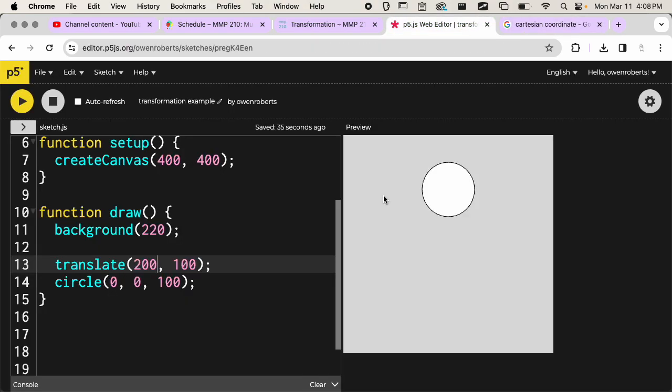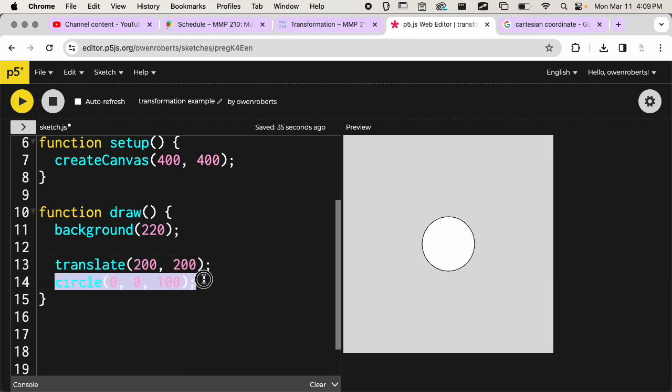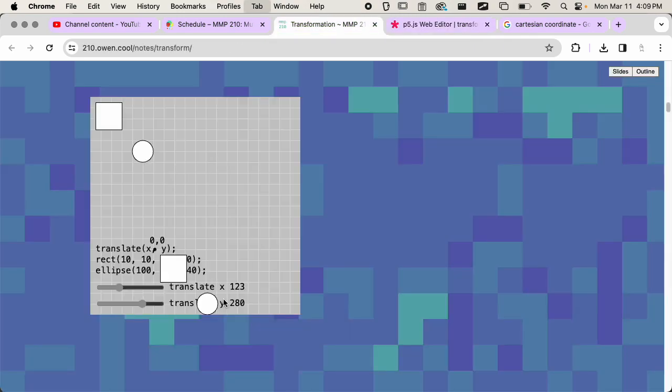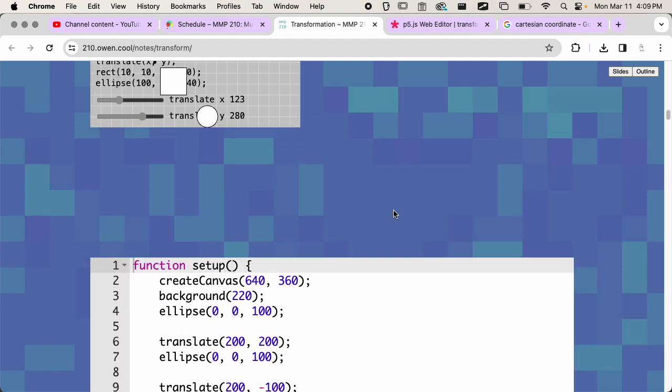This can be useful if you want to do a design but you want to start everything from the center of the canvas rather than the top left, maybe that's easier to think about. If I translate to the very center of the canvas, then when I want a circle in the center of the canvas, I don't have to do any math. I can just go to 0, 0. So it's useful for stuff like that, but it's also useful for doing other transformations. And when we start to combine transformations, then that's when it's really necessary. Okay, so